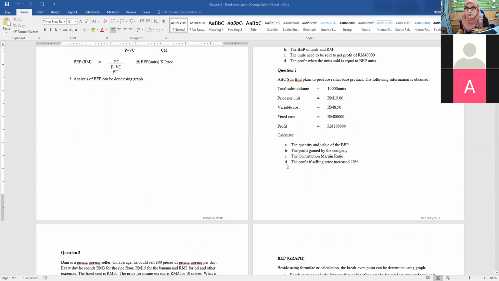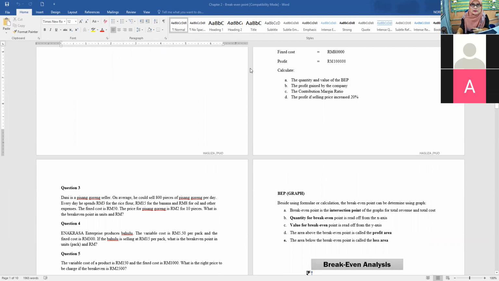Okay, question 2. Nanti awak buat sendiri, just guna formula. Okay, saya nak explain question 3. Soalan minta break-even point in units and RM. Means that formula yang kita akan guna